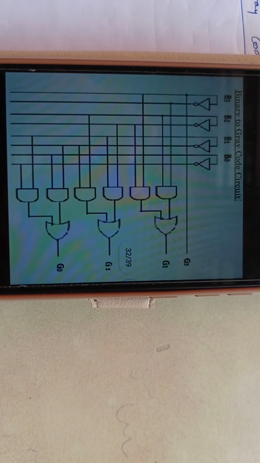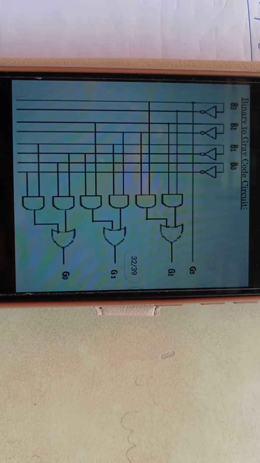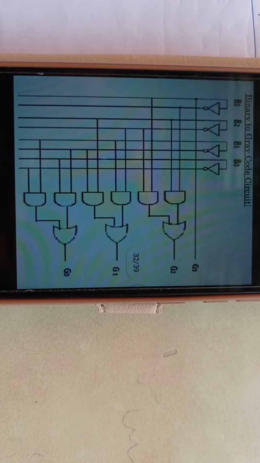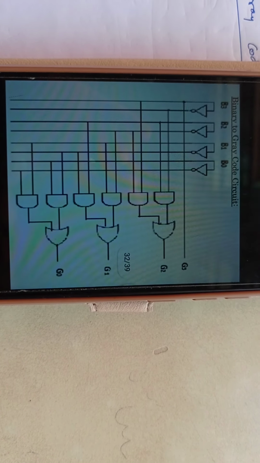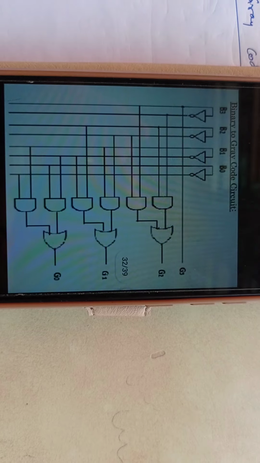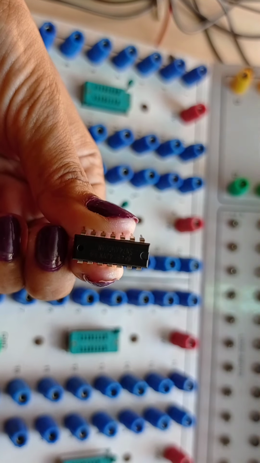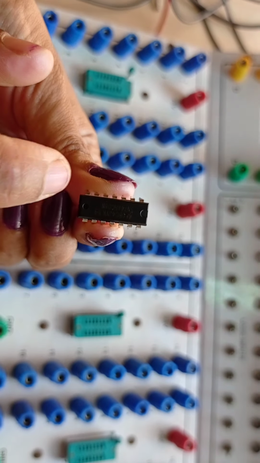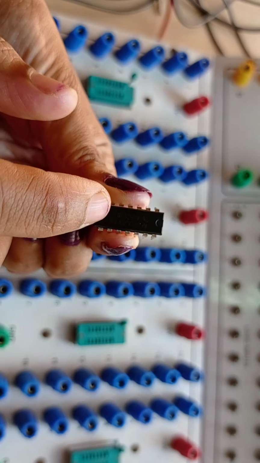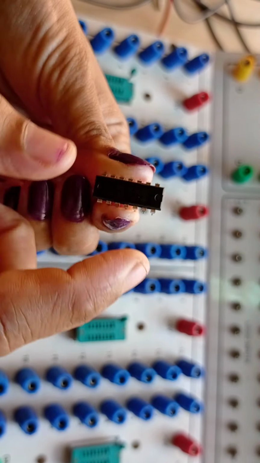Here for the NOT gate I am using the 14-pin 7404 IC. This is the IC, and see the notch. Connect this.